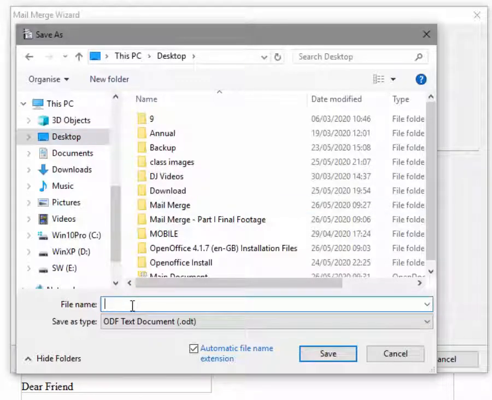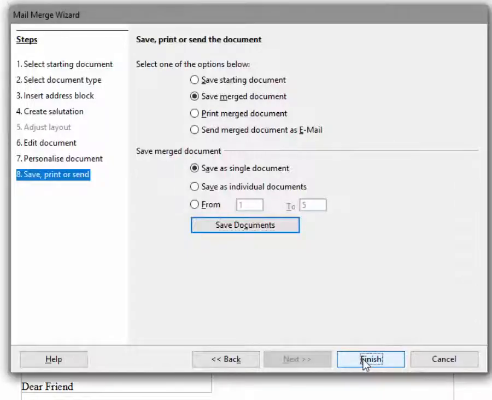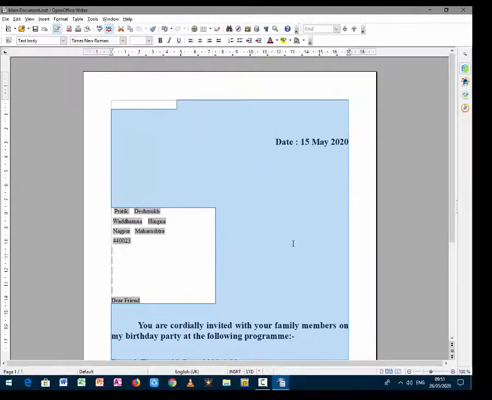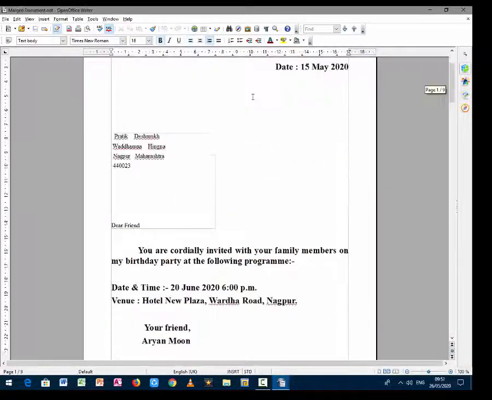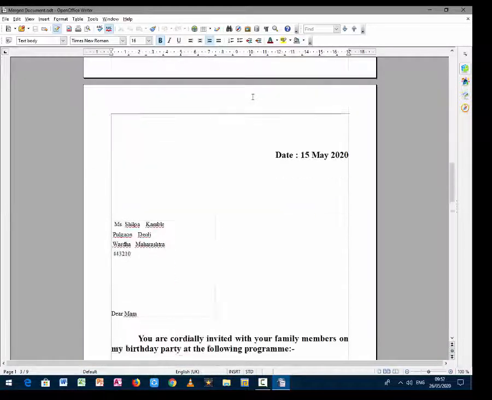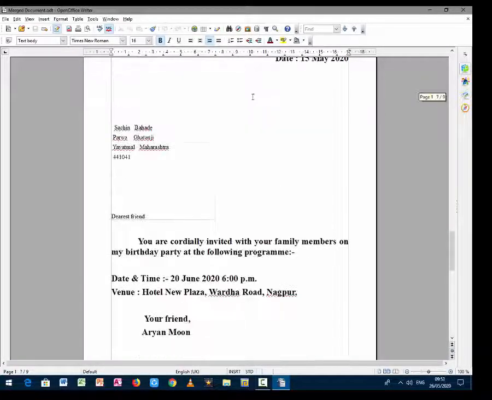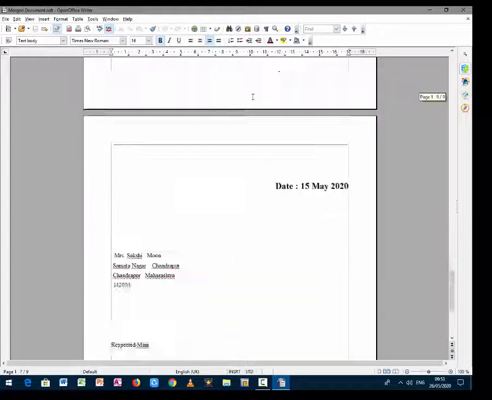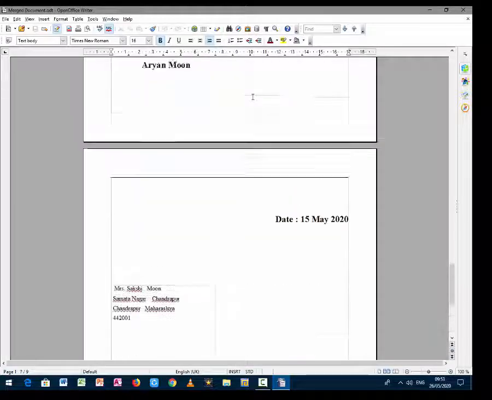Give an appropriate name like merged document and save it on the desktop. And finally click on the finish button. The Mail Merge wizard dialog box will close, and you will see one document with the name merged document. You can open it in OpenOffice Writer, which will contain all the invitation letters. So in this way you can use the Mail Merge wizard to create multiple letters with different